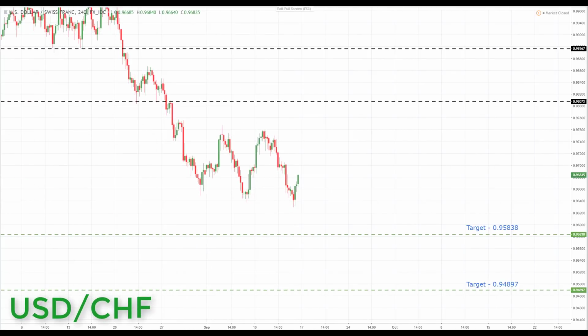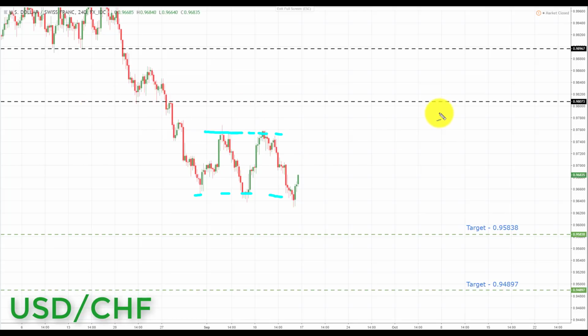So the next pair we're going to look at is US dollar Swiss franc. For the last couple of weeks we've been hanging around between the 0.98073 and the key area of support at the 0.95838. You can see we've been moving almost sideways in this sort of range in the US dollar Swiss franc. But very simply put, as we start the week below the key area of broken support,